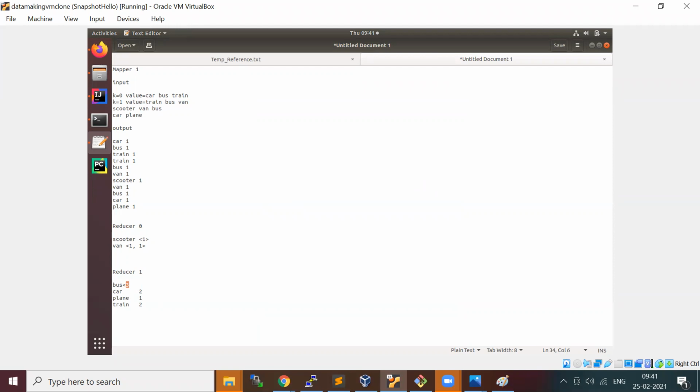So it will be 1 comma 1 comma. This is the input.